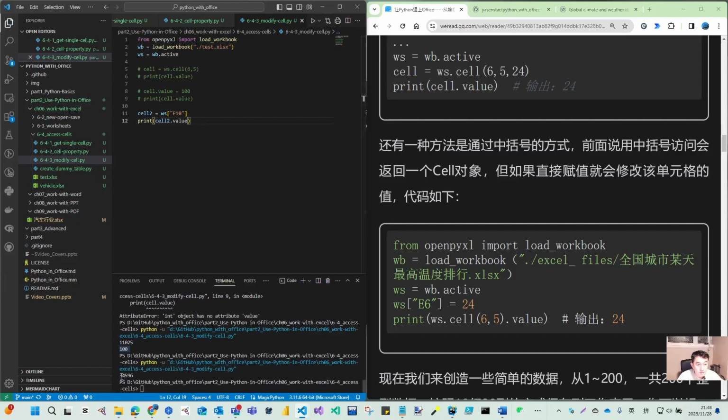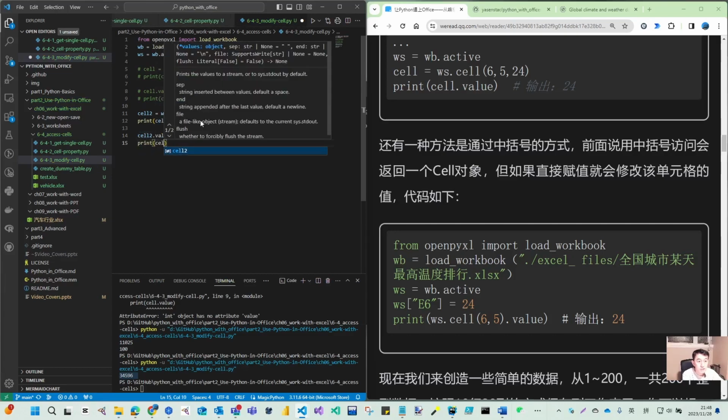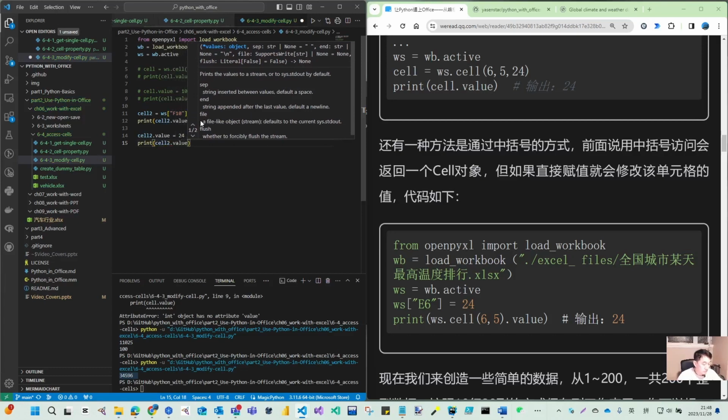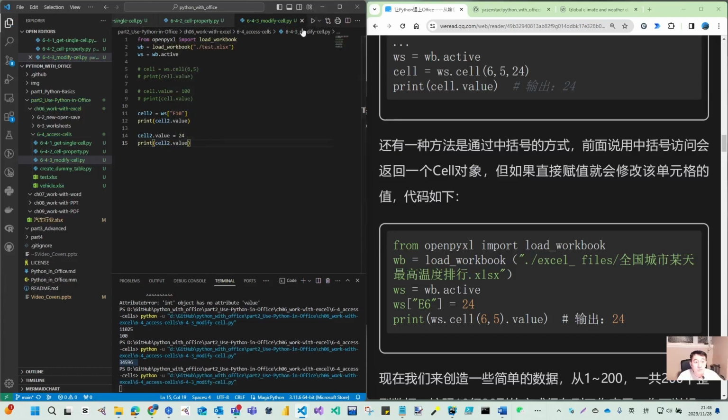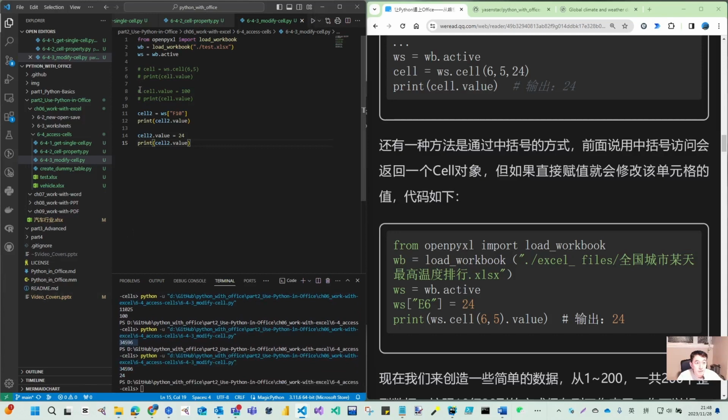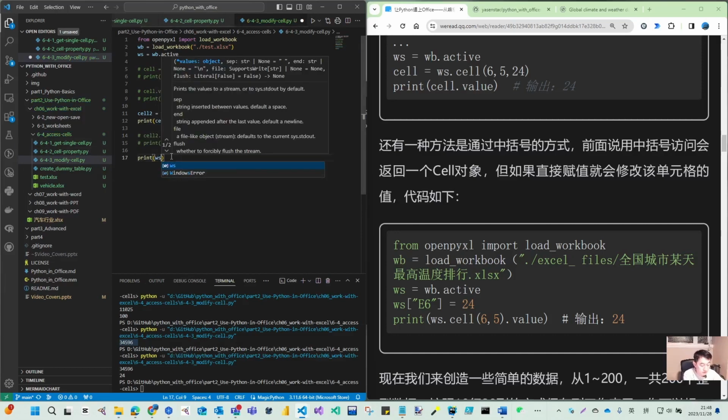So I got this number, and I can now check whether cell 2 value is equal to 24. Then print cell 2 value. So it will be the same, because the second part is the same like here. We just change the value, and you can also print. If I don't change this like here, I can directly print ws dot